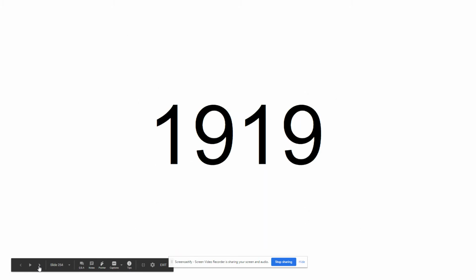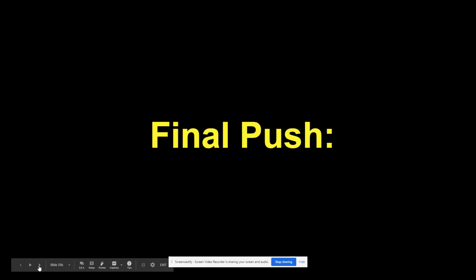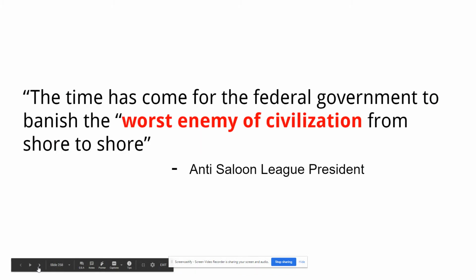So World War I just made the temperance movement successful. As of 1919, 26 states had banned alcohol. That's a lot more than 1913. The final push, here we see some literature created by those groups we talked about. Which gets your vote, mother or the saloon? Vote dry. The time has come for the federal government to banish the worst enemy of civilization from shore to